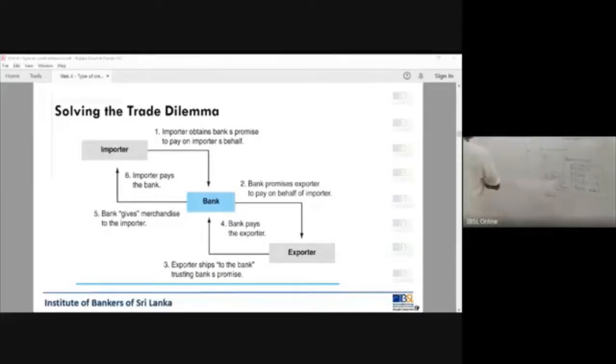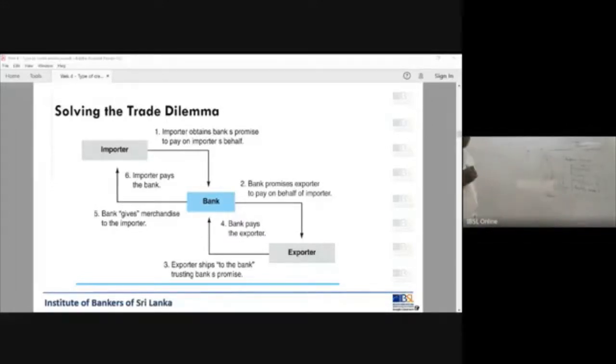The conditional payment confirmation. Payment confirmation subject to some conditions. It's not purely a payment confirmation. It is a conditional payment confirmation. He agrees and